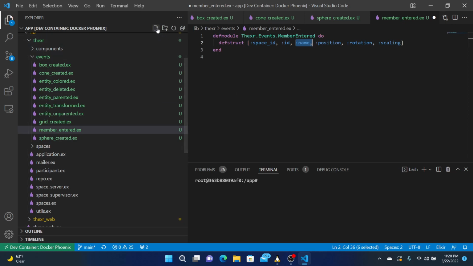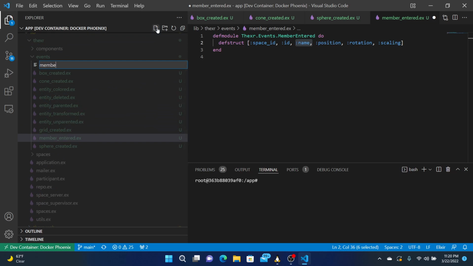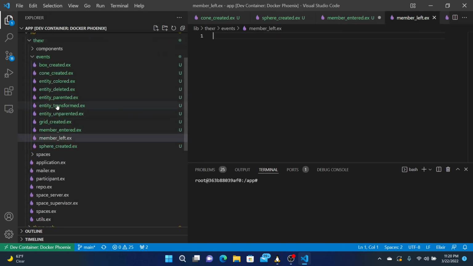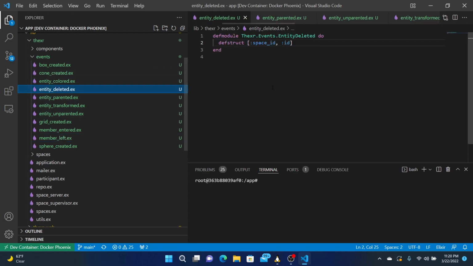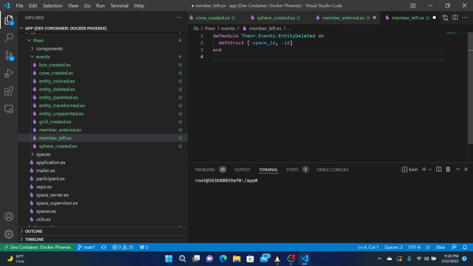And if a person left, member left is the opposite. That'll just be the same thing as when something is deleted, right? Member left, space ID, and the ID of the person.